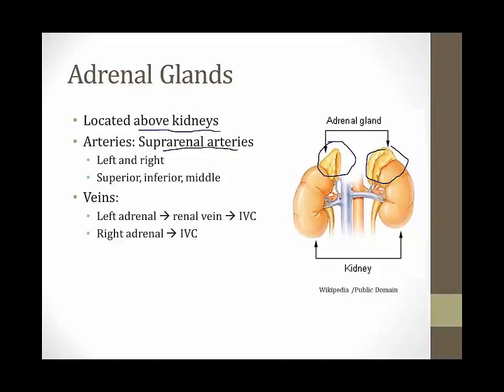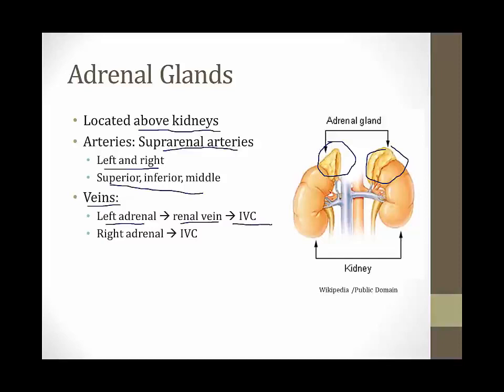There are three suprarenal arteries on each side of the body, three on the left and three on the right. They are called the superior, inferior, and middle suprarenal arteries. The venous drainage is a little bit different on the left compared to the right. On the left side, the left adrenal vein drains into the renal vein, which then crosses the midline and goes